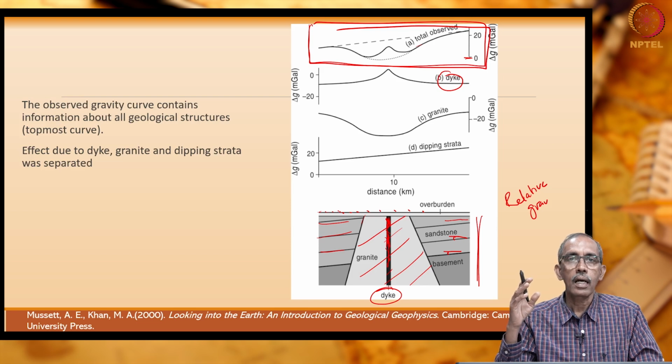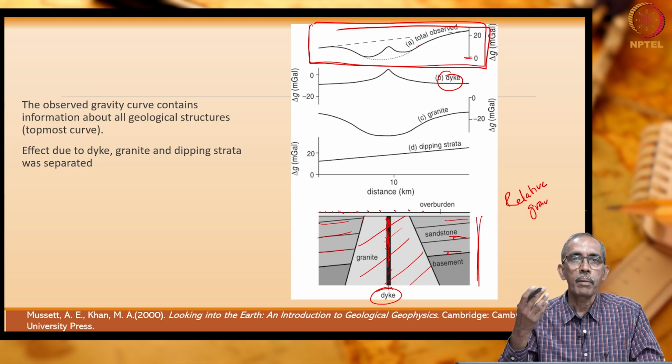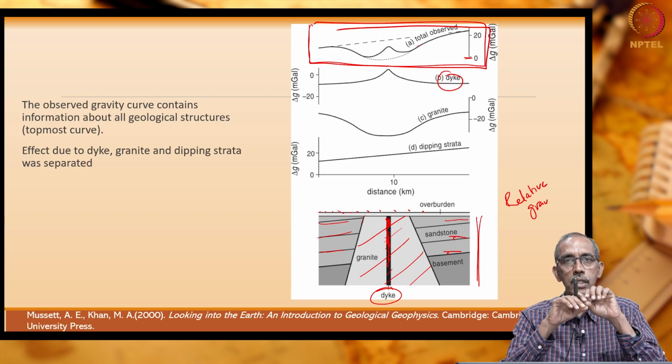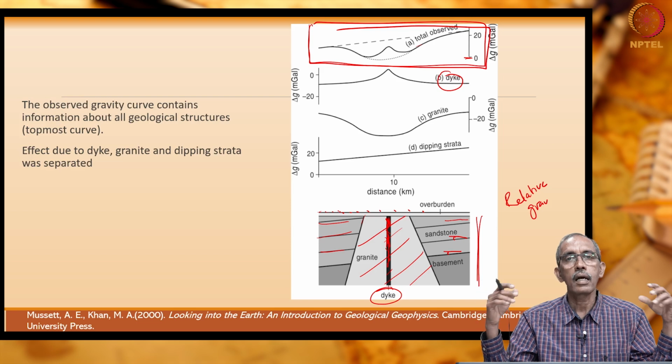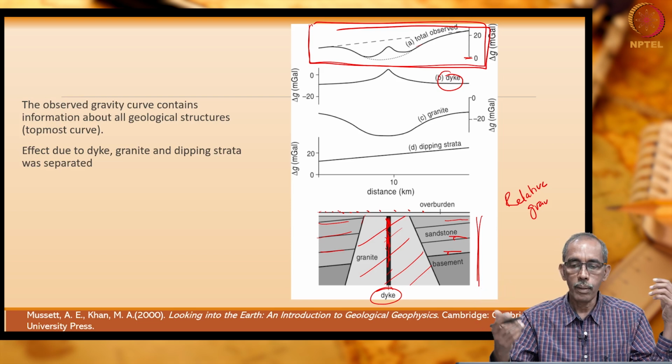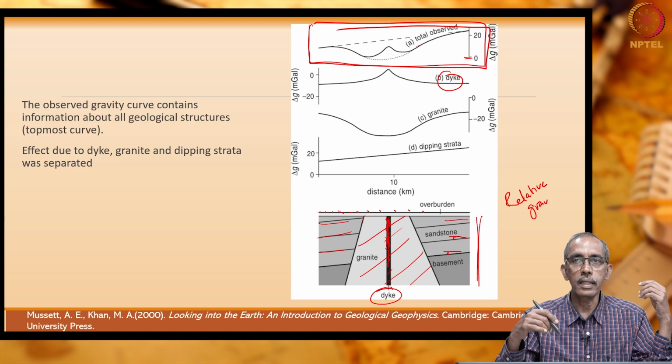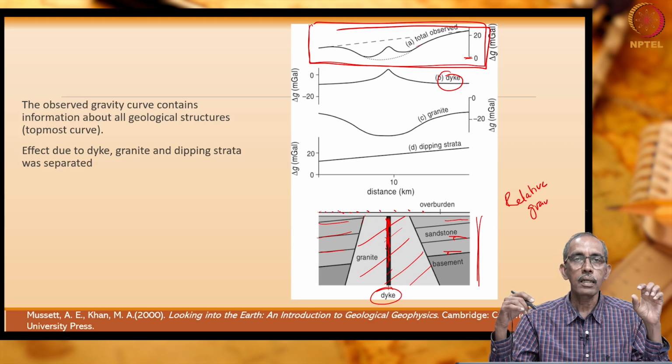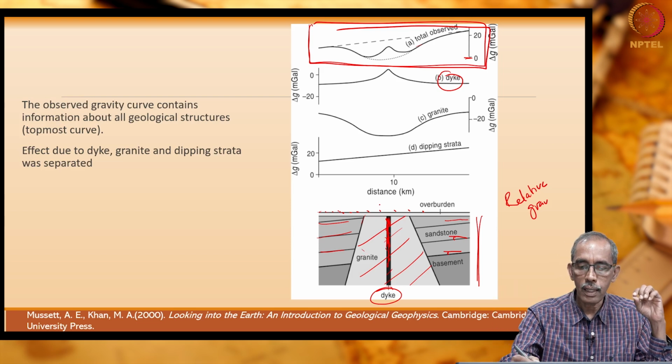Usually dikes are more massive. The common dike rock is the black granite, which most of us would have seen in countertops or tabletops or kitchen counters. We see a shiny black granite. They are usually of dolerite type, and they are normally found as dikes. These rocks are comparatively denser than the granites,